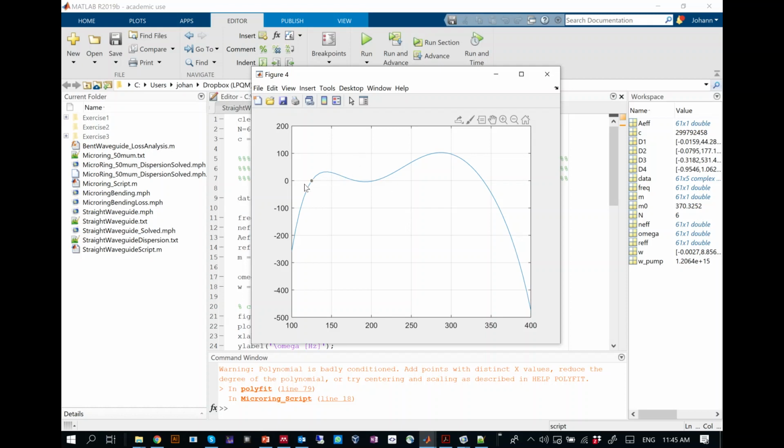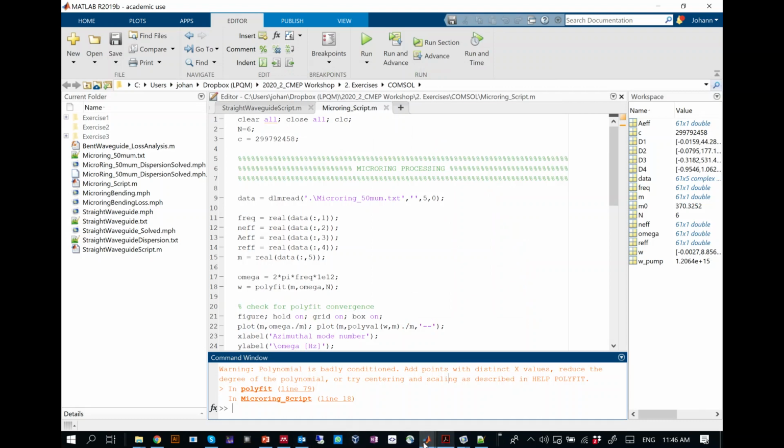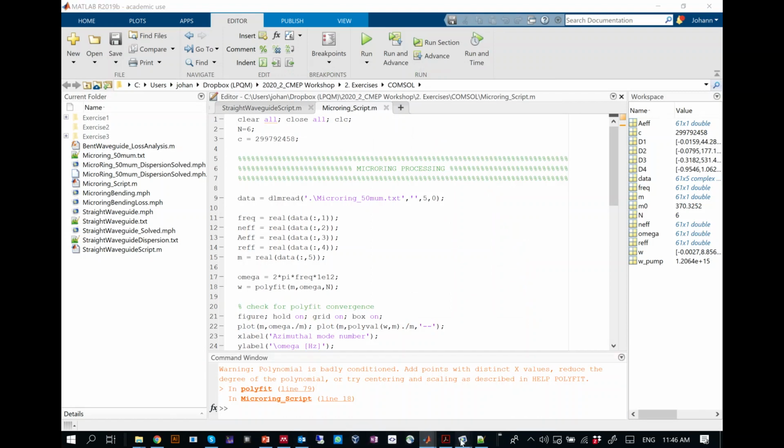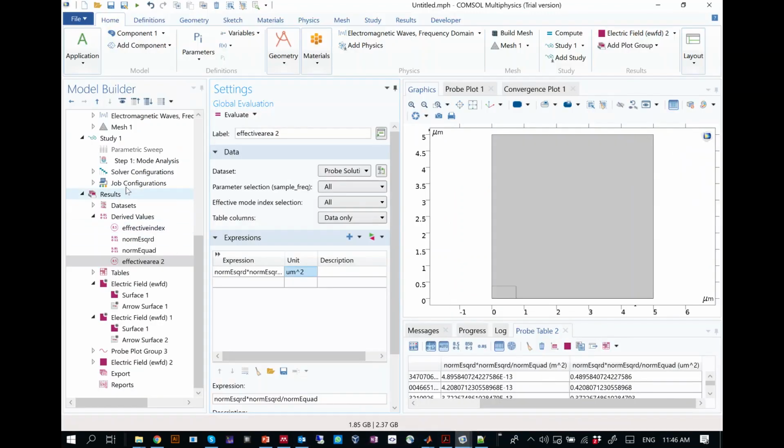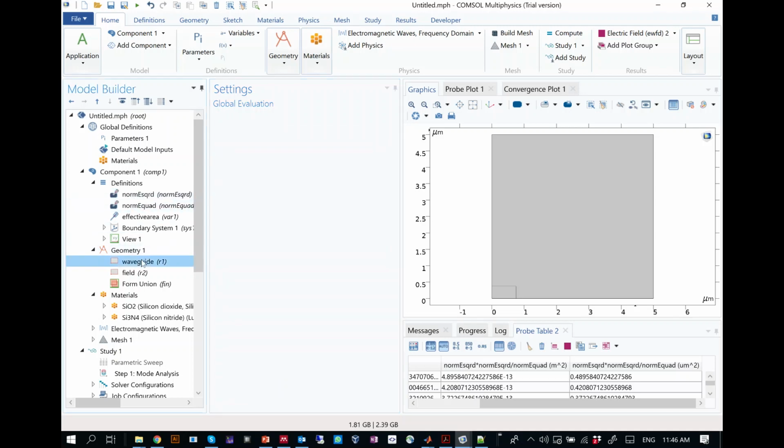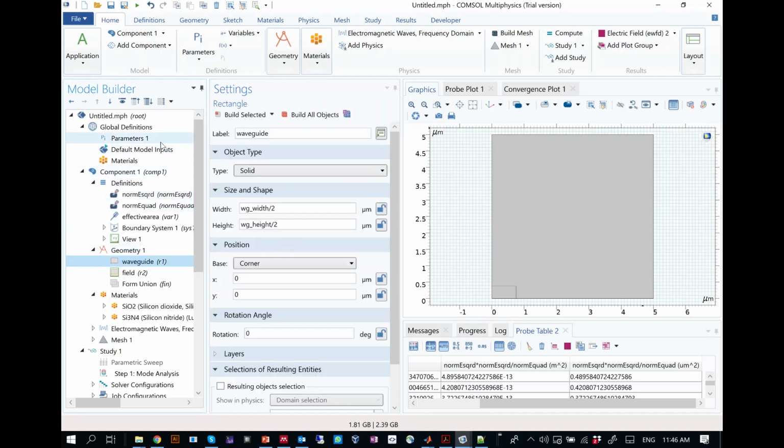The d-int will basically tell you where this burst of waves will appear, and here it appears at 125, and it appears at 340. For the geometry I've chosen here, I quickly need to check because I changed it a few times. So the waveguide width here is